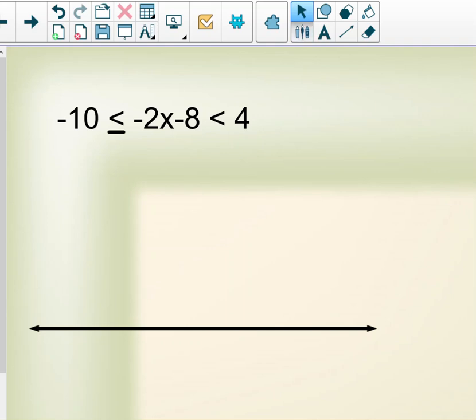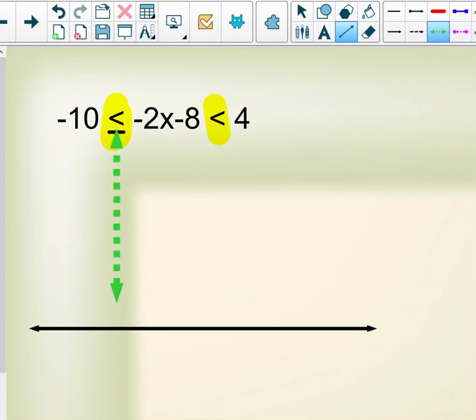All right, let's go ahead and solve this compound inequality. First of all, we know this is a compound inequality because you can notice there are two inequality signs. So I know this is an "and" problem. And in order to make it a little easier to solve, I'm going to go ahead and put some dotted